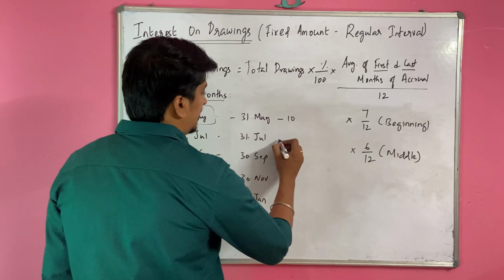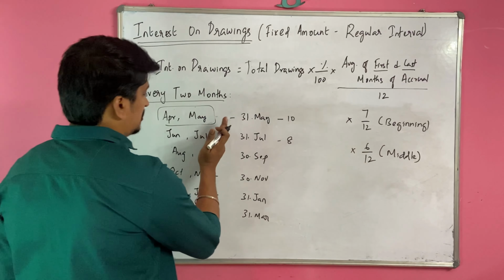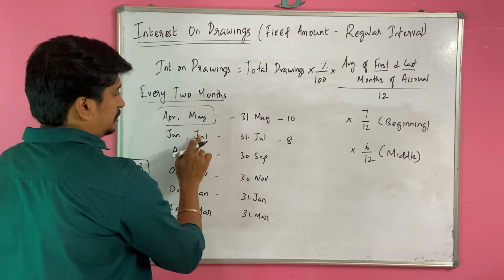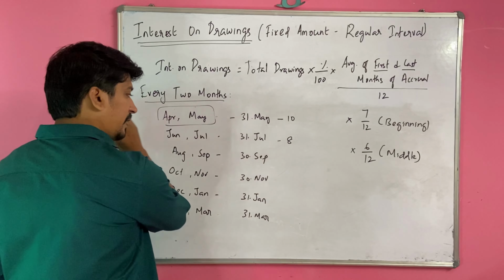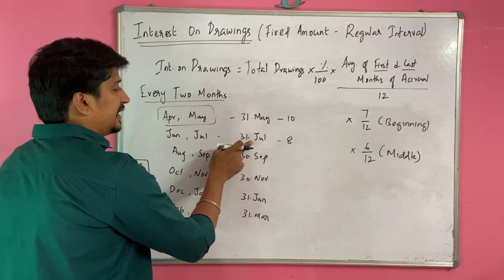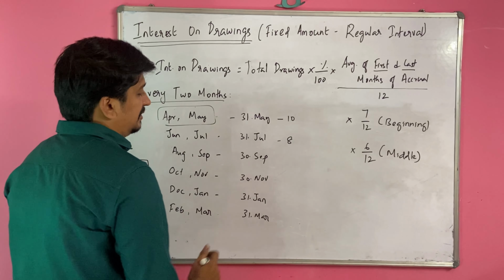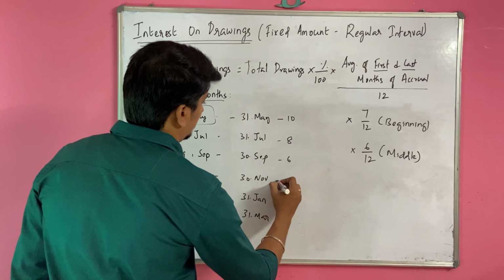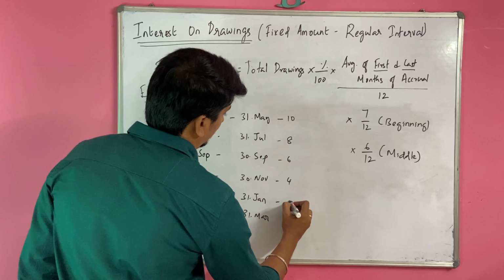Then for this date it is 8. 4 months over. April, May, June, July, at the end of July only he draws. July is over. You cannot include July when it is at the end. So the remaining 8 months. And similarly here it is 6, here it is 4, here it is 2, here it